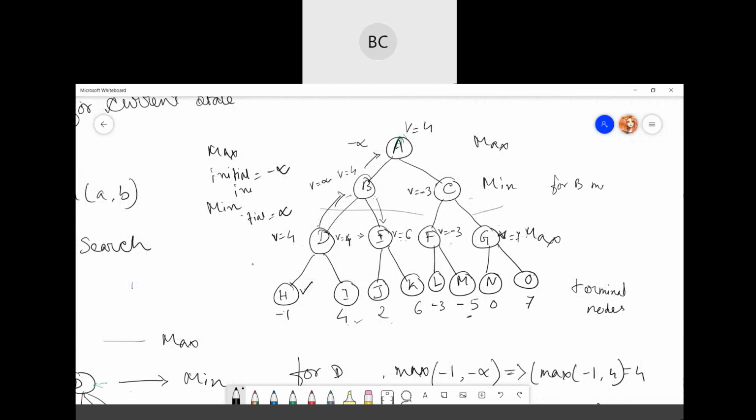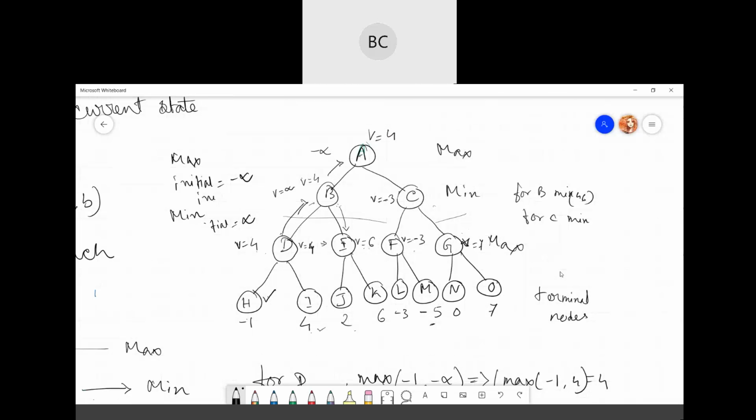For B, minimum of 4 and 6. So here we got 4. And for C, minimum of minus 3 and 7. That's how we got minus 3 here. Again for A, max of 4 and minus 3. So we got 4 here. This is how it processes from the leaves up to the root.